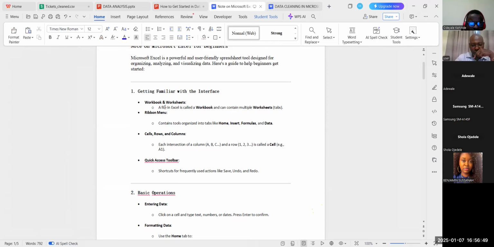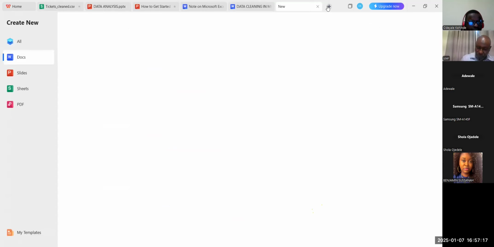Microsoft Excel contains workbooks and worksheets, as we normally have a notebook, and a notebook contains a lot of sheets. That is how Microsoft Excel is structured. We have the workbook, then worksheets. You can create as many worksheets as possible in a workbook. For example, let me open